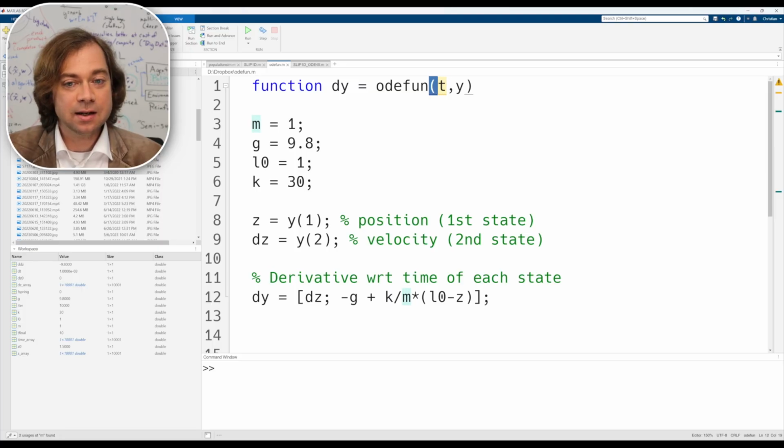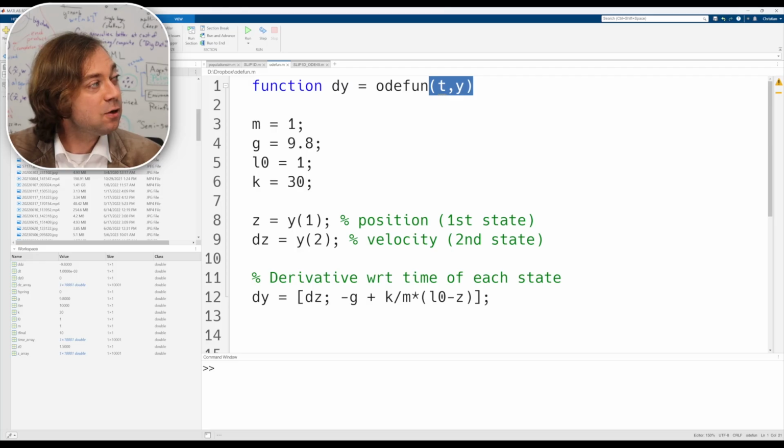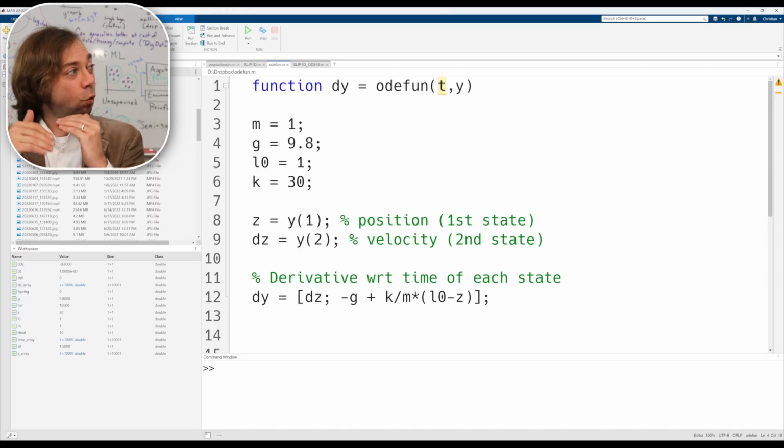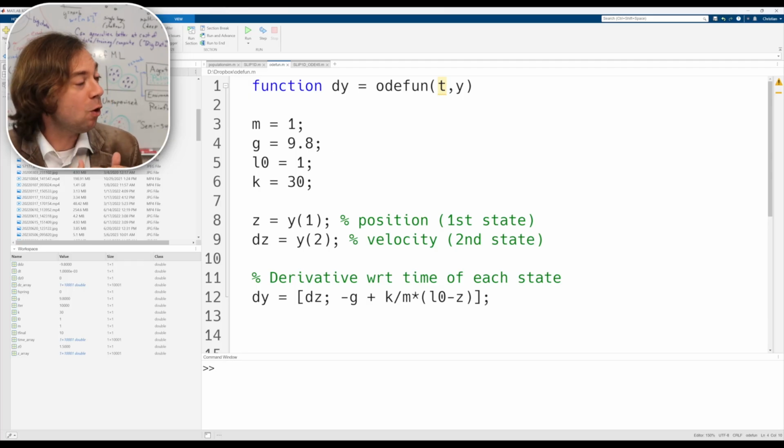It takes in the current time and the current state, and you tell it how close it is to hitting the event. That's how you can have it detect if it hits the ground or not. Typically you say, when it hits the event, stop the simulation. Then you rerun ODE45, you change the dynamics, you change the state, you do all the things that you want to do,